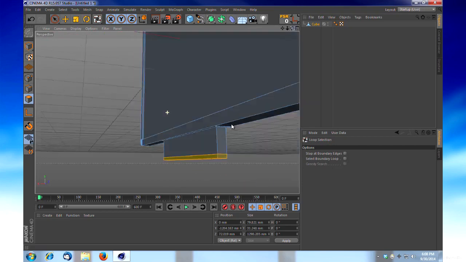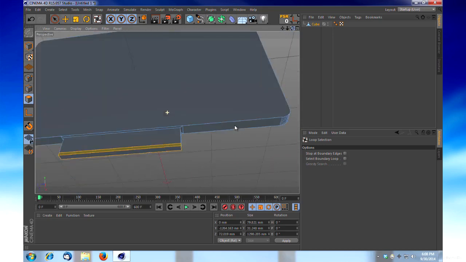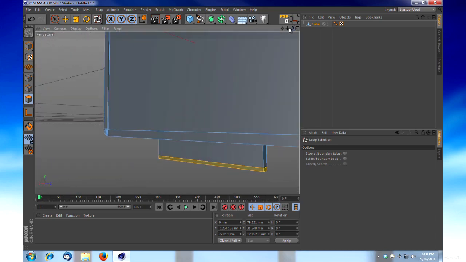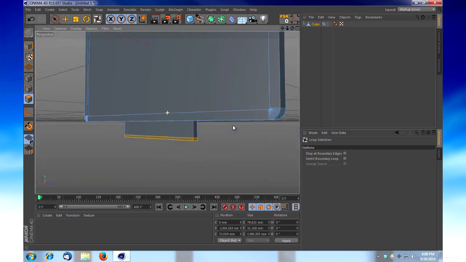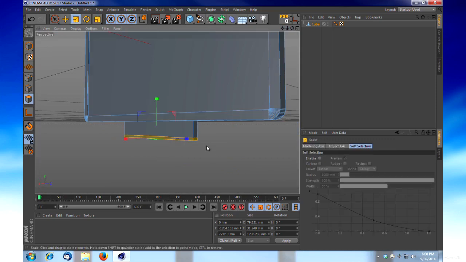Always good to rotate around. Make sure that you've got just selected what it is you have intended to select. And what we're going to do now is we are going to get our scale tool. And we're just going to control click and drag